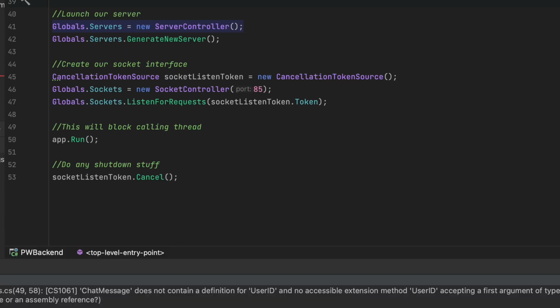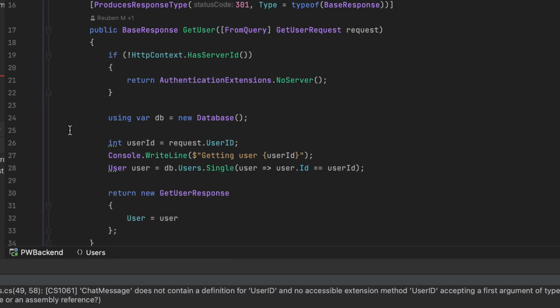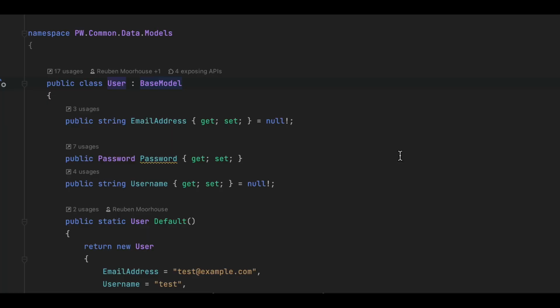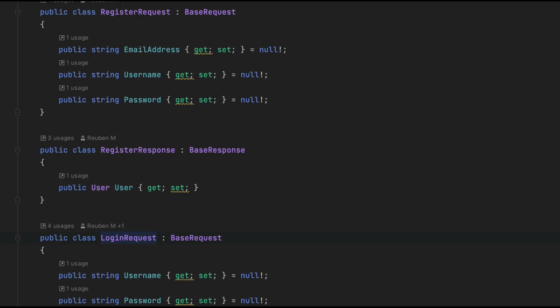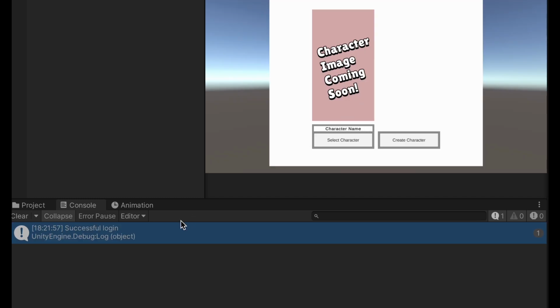Anyway, since .NET is used for a lot of simple REST API type web apps, it's pretty easy to get that set up. We really just need a few simple pieces at the moment. We need a database which stores our users and a few endpoints which allow users to sign up and log in. In Unity, we just write some simple wrappers to interface with these endpoints, and we're all able to log in, and that's all perfect.